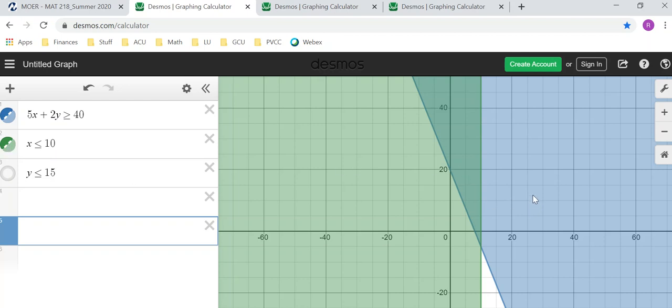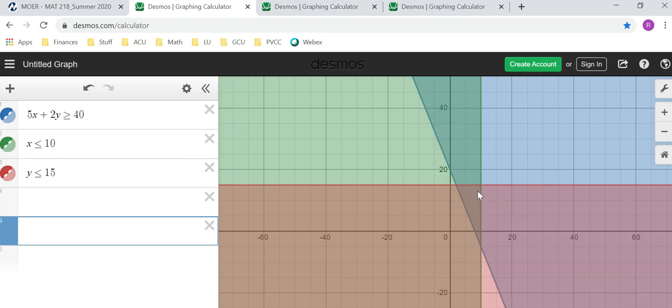The overlapping area that is shaded in both of these is this narrow wedge going up through here. And so finally, we have y has to be less than or equal to 15. Now the overlapping shaded area from all three of these is this area right in through